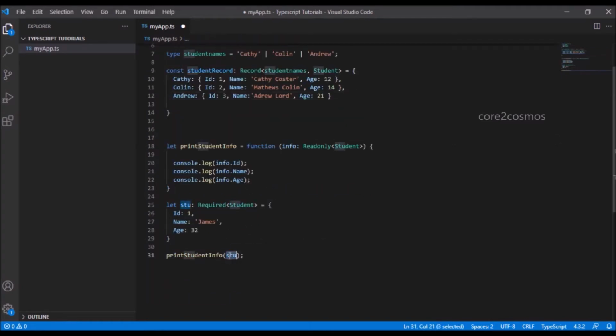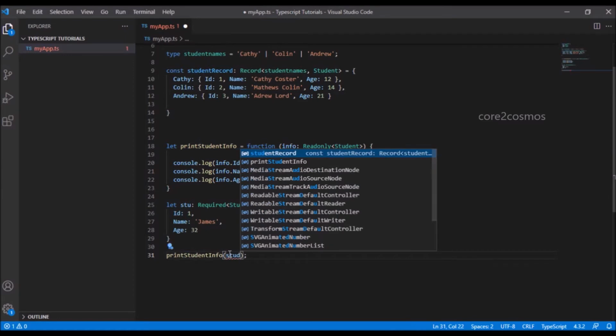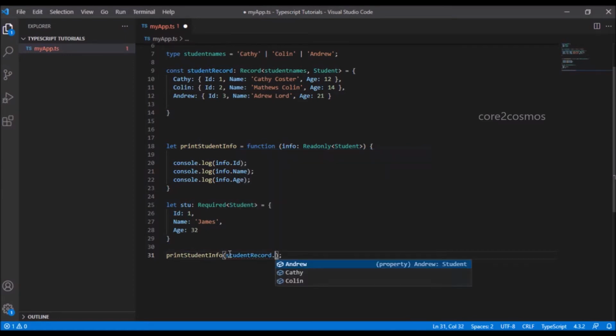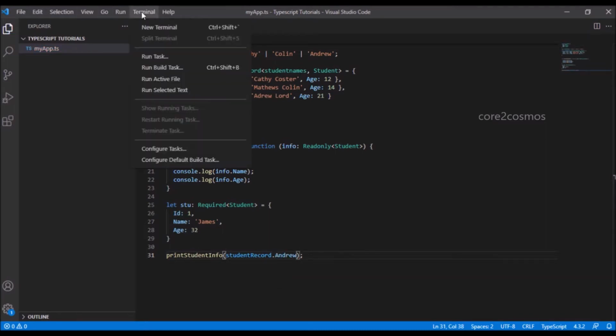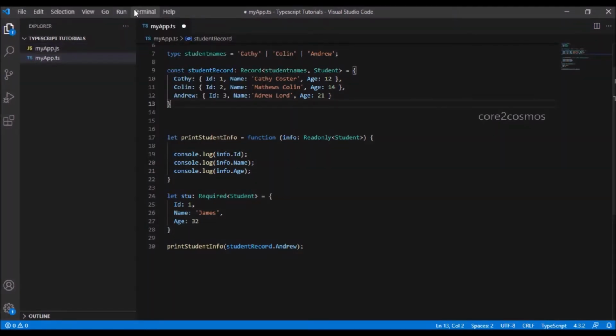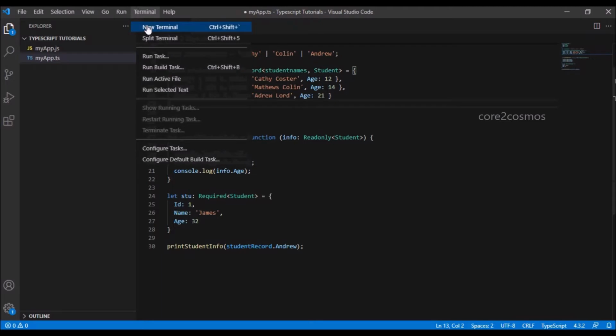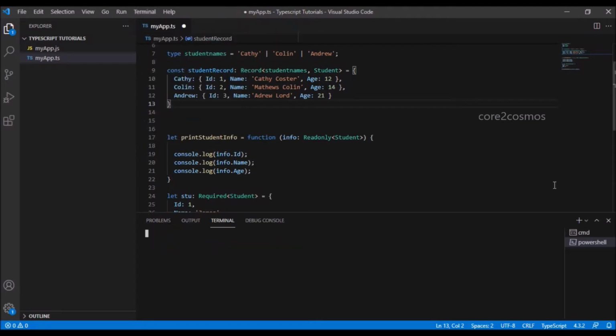In line number 31, if I say student record dot Andrew, I should see the properties of Andrew as output. Now let me open a new terminal and select the option as command prompt.